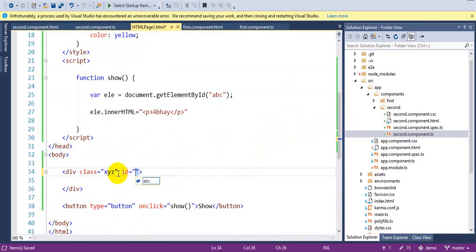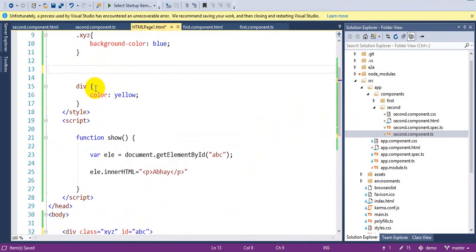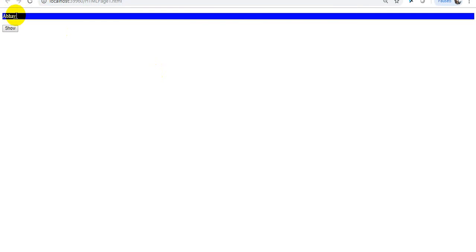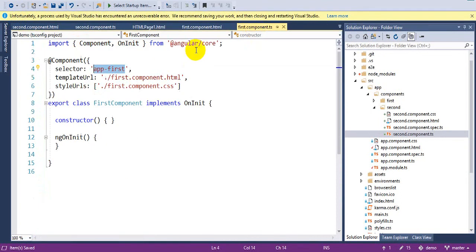I have to keep this ID, sorry, my bad, because I am showing the code in JavaScript. So instead of keeping this, I am removing this, and you see that refresh and blue color is there. So that is the selected CSS selector. Okay, and this is nothing but your CSS selector only.